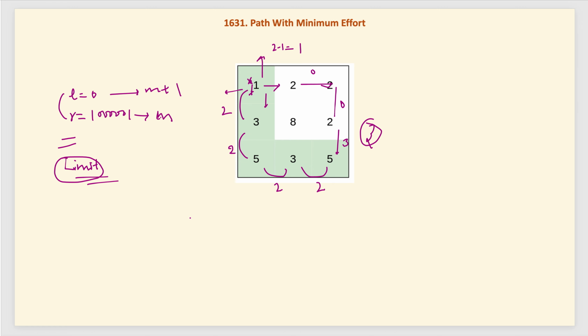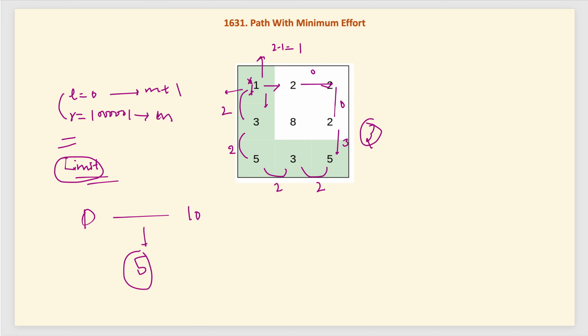So this is the idea we will use. Let's see here. First we will take a very big number, and let's say for this example the maximum value is 8. Let's start with perspective 1: L is 0 and R is 10. The mid of these two is 5.